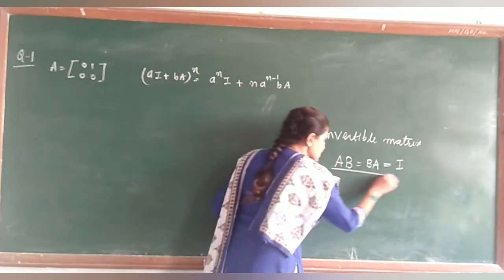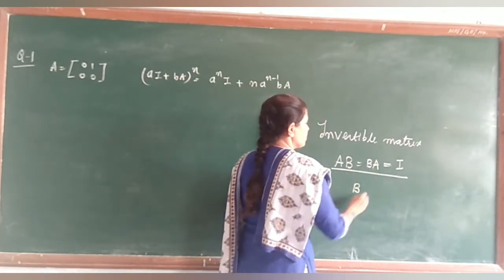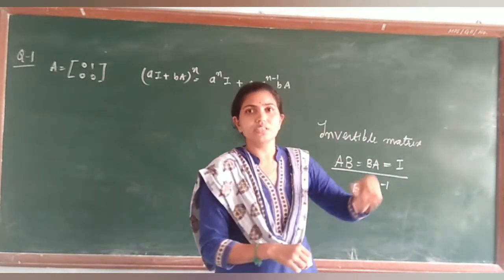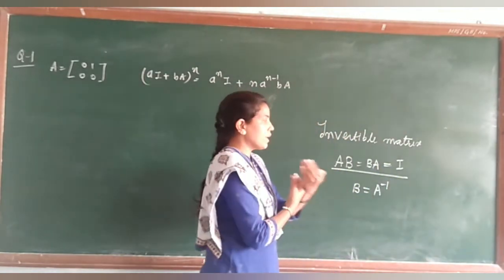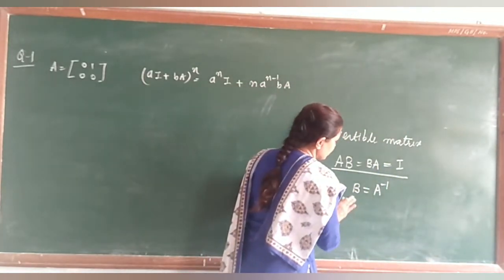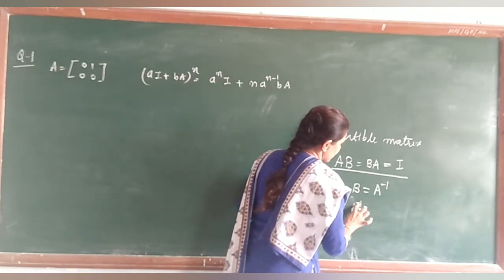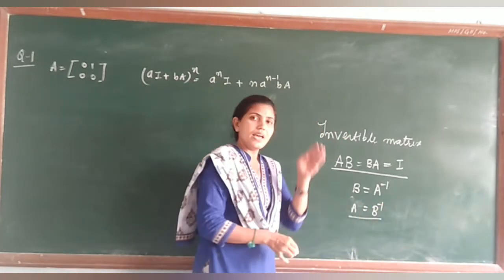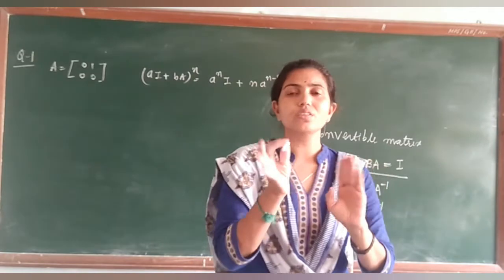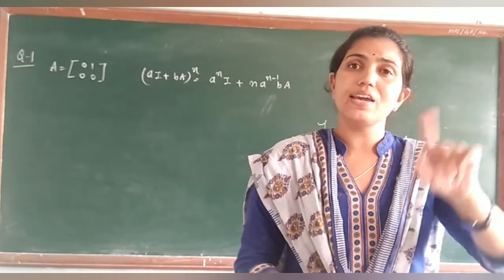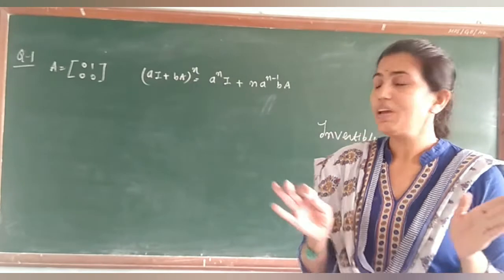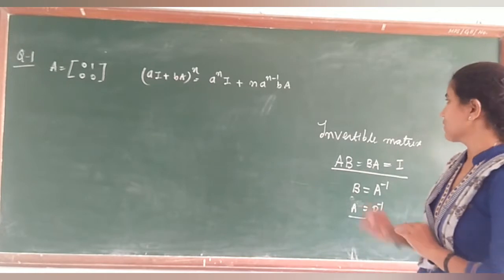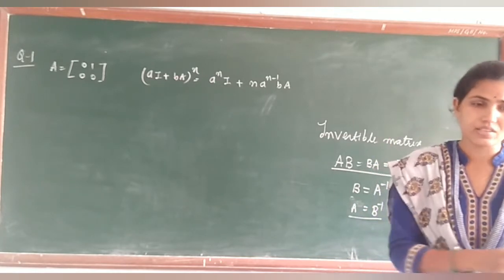मतलब कि अगर ये जो कंडीशन सेटिस्फाई होती है तो आप बोल सकते हैं कि B क्या होगा? क्योंकि A का इन्वर्स होगा, and A is called the invertible matrix. Similarly, अगर आप रिवर्स देखने जाओ तो A is the inverse of the matrix B. Okay, A is equal to B inverse and B is equal to A inverse. दोनों एक दूसरे के इन्वर्स होंगे. In that case, A and B are both known to be invertible matrices. Okay, students. So ये है कंसेप्ट आपका इन्वर्टिबल मैट्रिक्स का, that we will use in the next chapter.